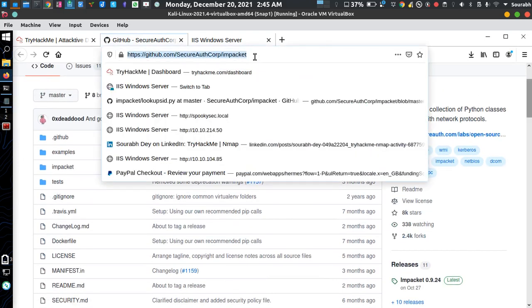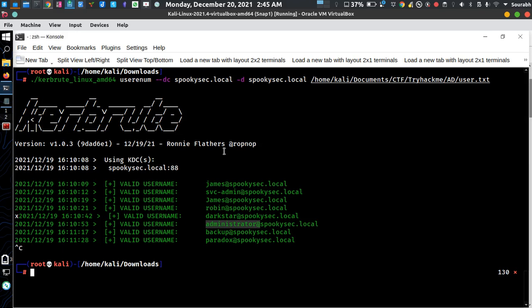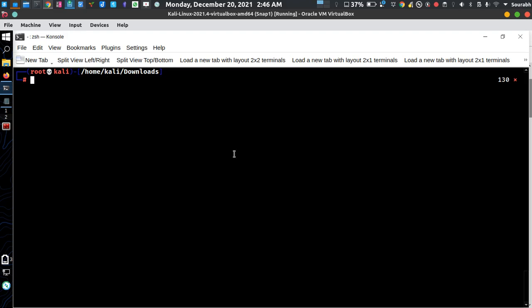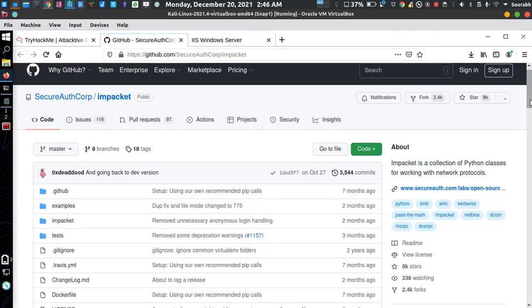Okay, copy it and git clone. First you need to install git. For installing git, you just have to type sudo. No, I'm on root, so I don't need sudo, install git, and git is installed. I don't need to install it because I have git installed on my computer. Come on, man.